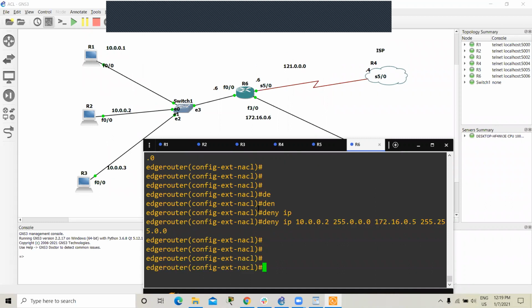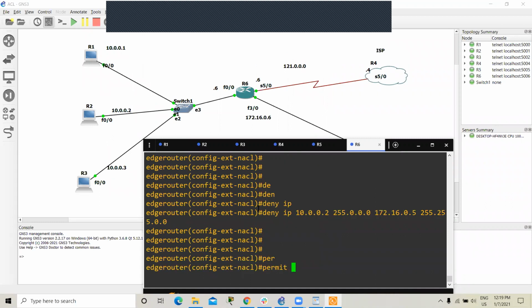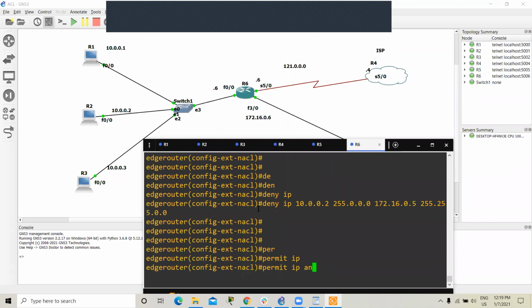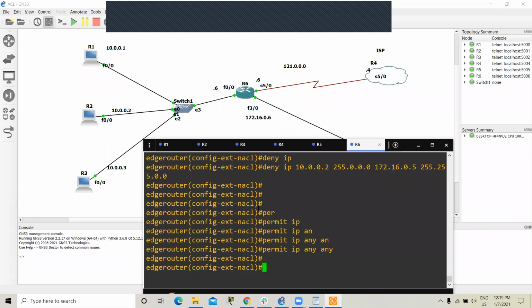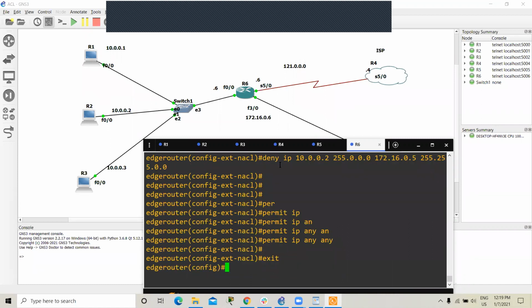And then one more command, permit ip any any. We apply this near the source, on the inbound interface.